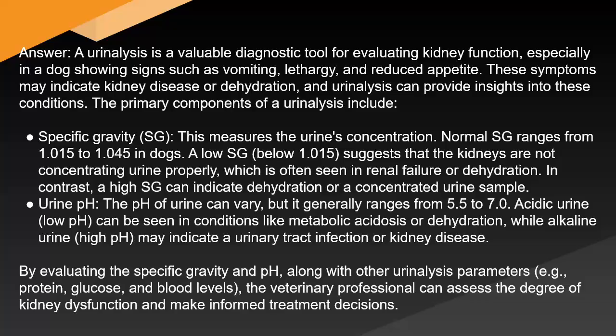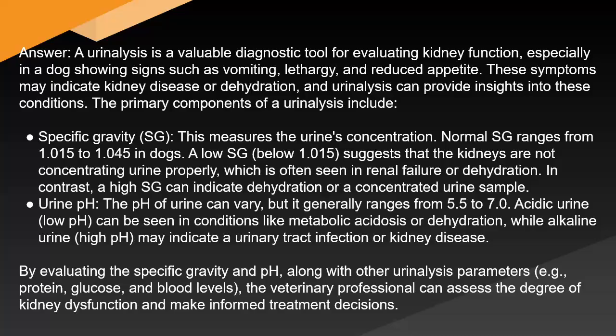The primary components of a urinalysis include specific gravity (SG). This measures the urine's concentration. Normal SG ranges from 1.015 to 1.045 in dogs. A low SG below 1.015 suggests that the kidneys are not concentrating urine properly, which is often seen in renal failure or dehydration. In contrast, a high SG can indicate dehydration or a concentrated urine